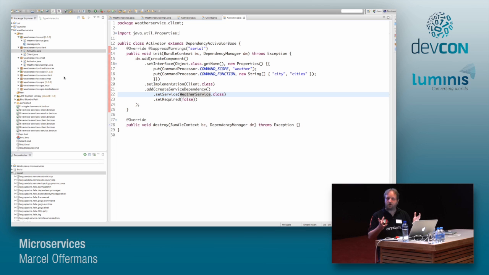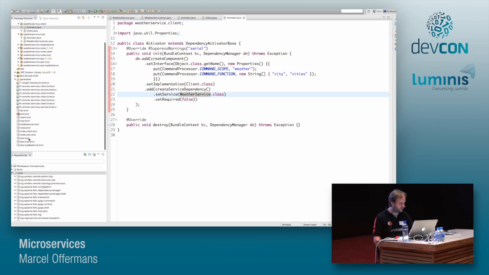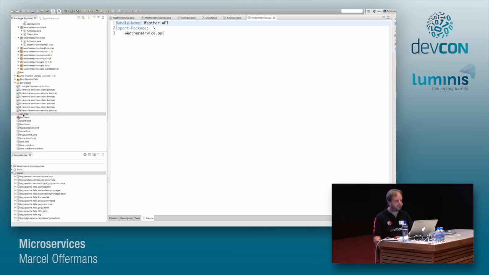So this is the code, and like I said, I can package that up in different bundles in OSGi to make really small modules out of that. And for example, we have one definition for a model here that just packages the weather service API. So this is a really small bundle. It shares the API and actually exports that so it's available for others.